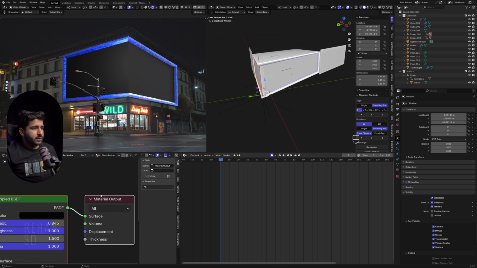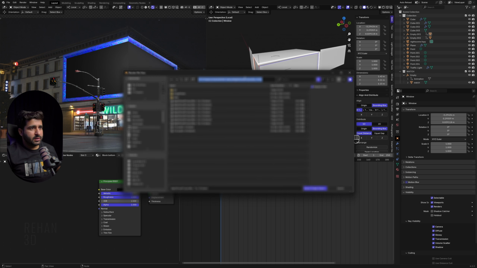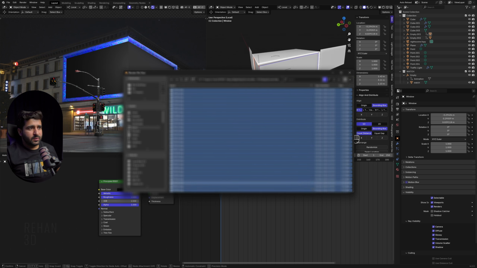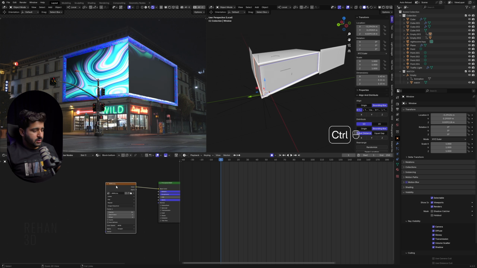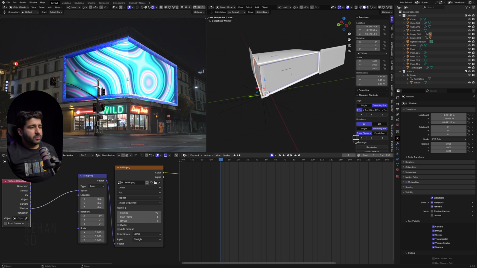So shader editor, so I'm using a video on this tour. I have already created a PNG sequence, as you know from my previous tutorials, on how you can simply create the PNG sequence of any video. So I will import this as an image sequence like this, and it will bring up the screen just to give it the direction of your sequence. First frame select 0, 1, and just press A to select all and move it here. Select this and Control T for the mapping nodes. Select this into the window, and then we do not need to UV unwrap the model to get the texture aligned.